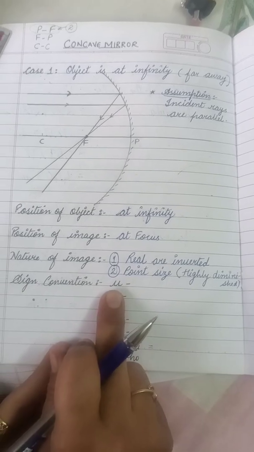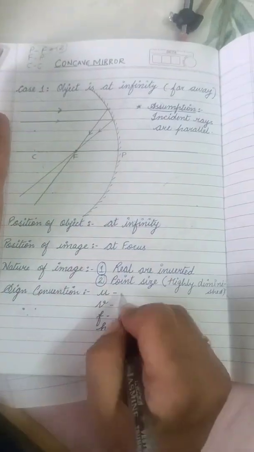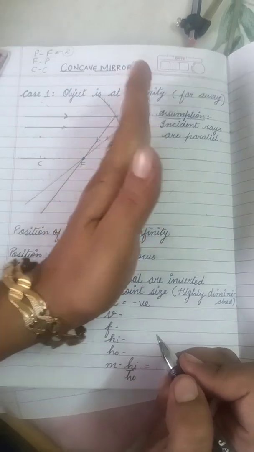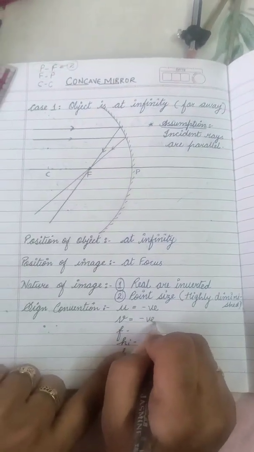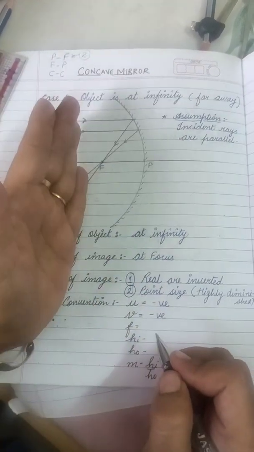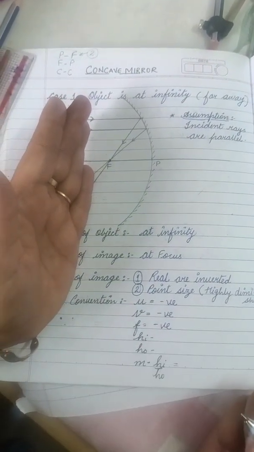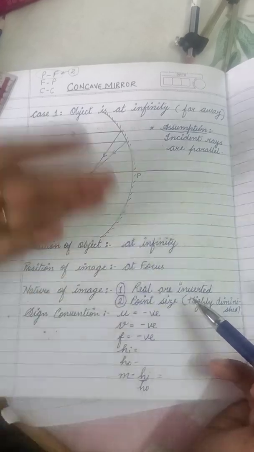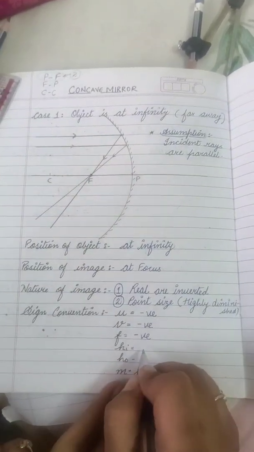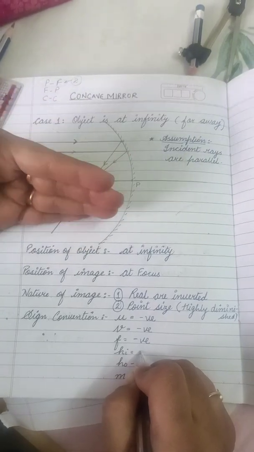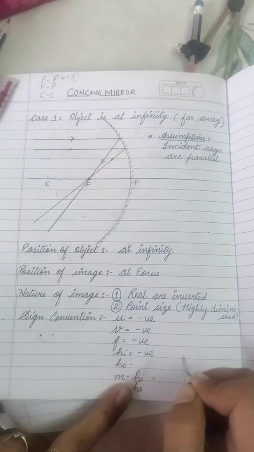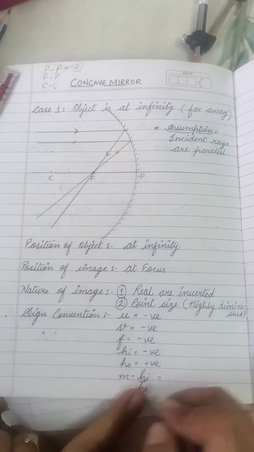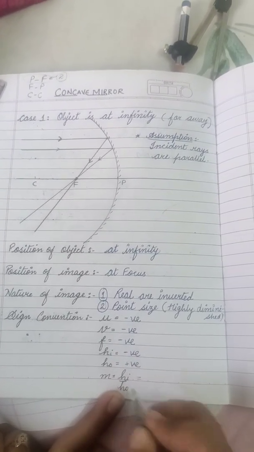Now the sign convention. u, the object is towards the left, so as discussed this will always be negative. The image is formed on the left side, so in this case v will be negative. f is also on the left side, so the sign convention of f will also be negative. Height of image: you have written here real and inverted, inverted means the image will be upside down, right, so it comes below the principal axis. Values below the principal axis are negative, so here hi is negative. Height of object we always consider positive, so here ho is positive.